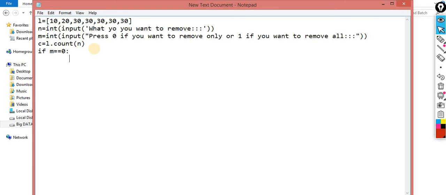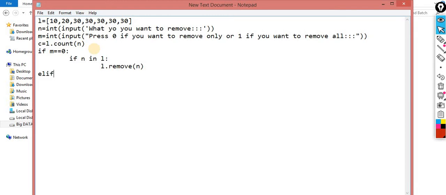So what I have to do, inside the if I am performing one more if: whatever the user wants to remove should be inside L. If n in L, then L.remove of n, whatever item you want to remove. Okay, else.